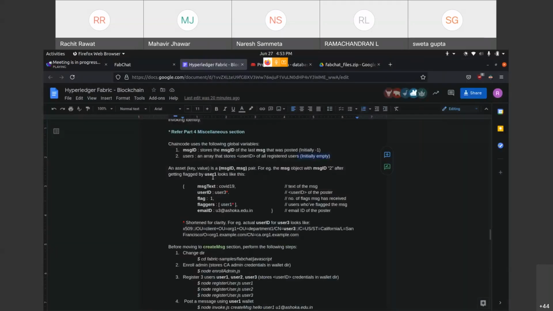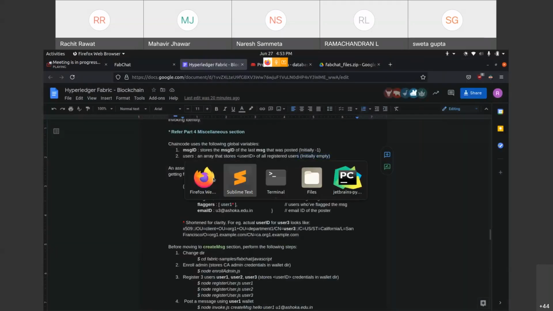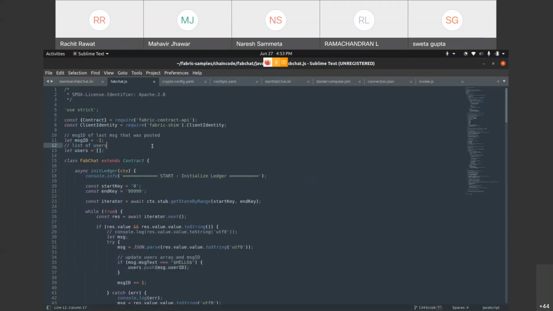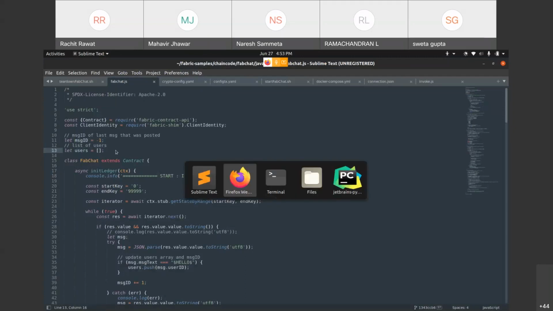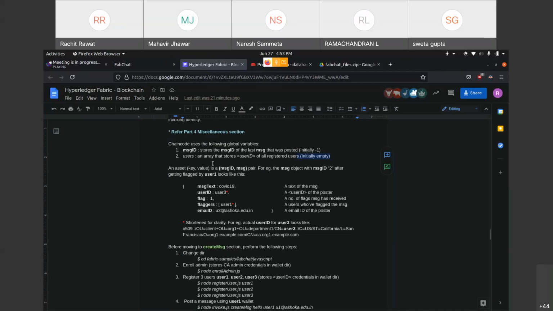Now I want to point out that using global variables is actually not recommended for all the states that you need to maintain. It's recommended to put them in the blockchain itself. For getting the FabChat chain code which doesn't rely on these global variables, you can contact me. But that's a bit more advanced.